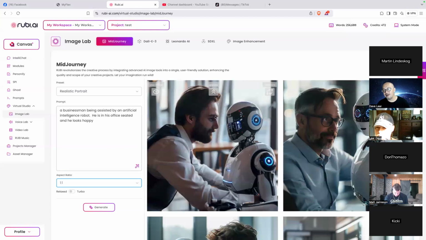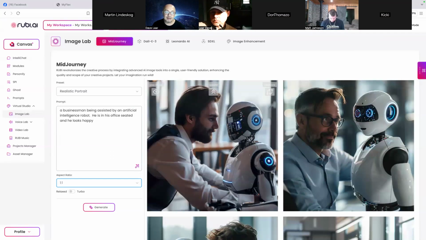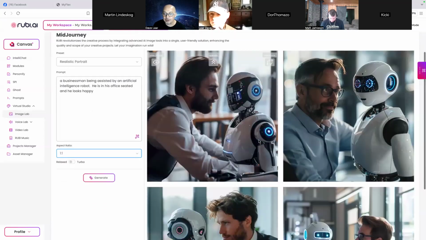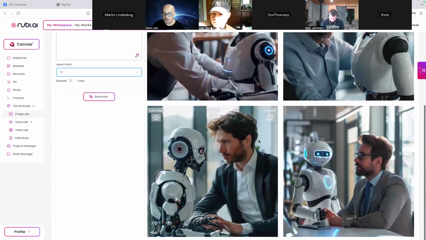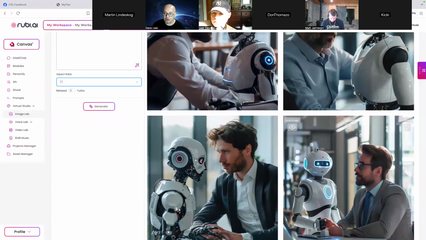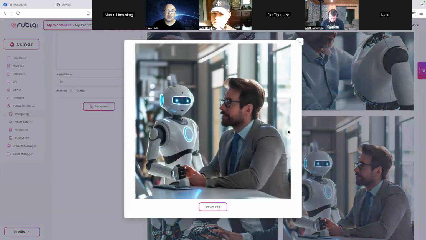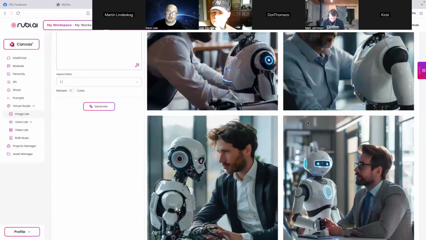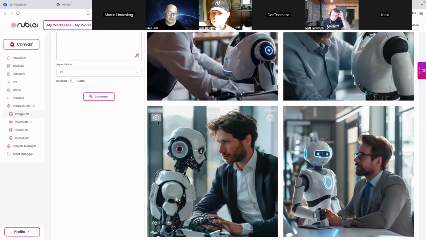All right. Wow, that's how it looks. You see, it's a realistic portrait. It really looks good. When you use it and post it, it's high definition. That's why these are not free.